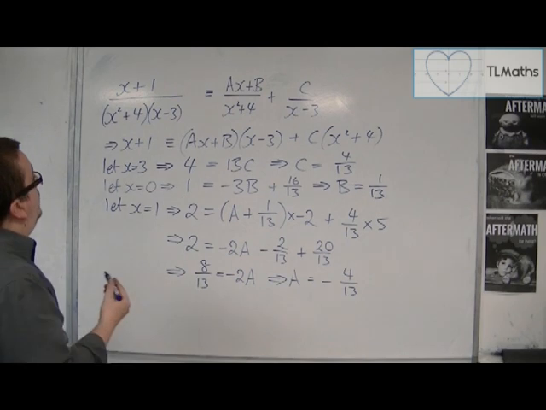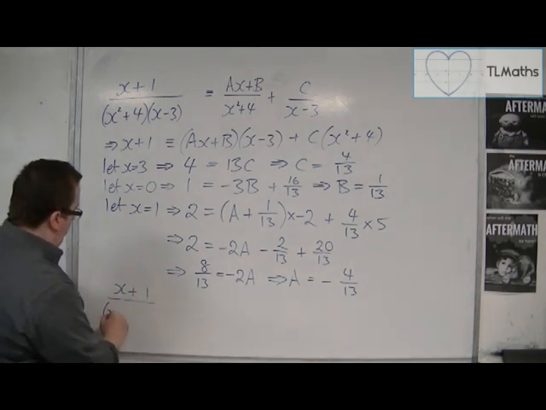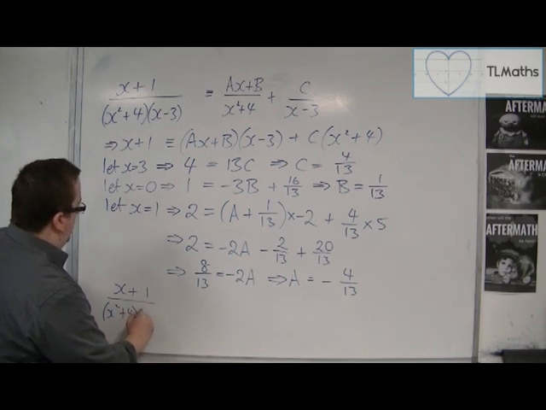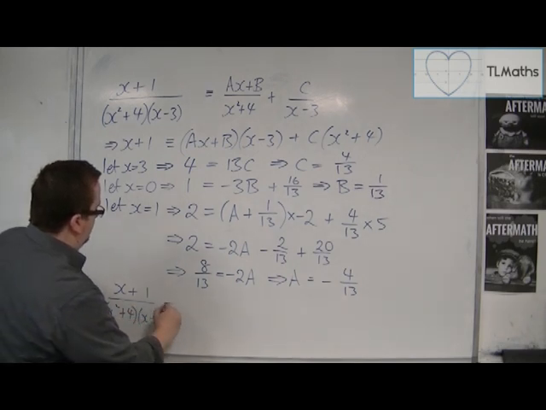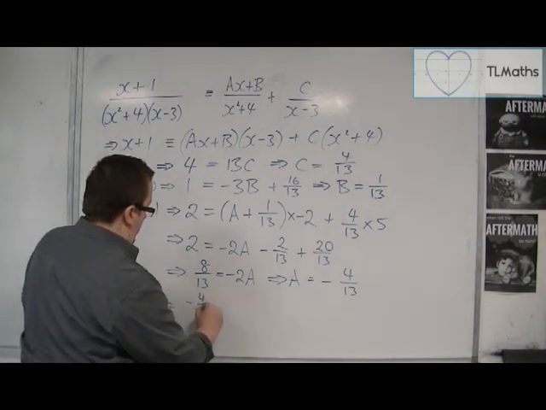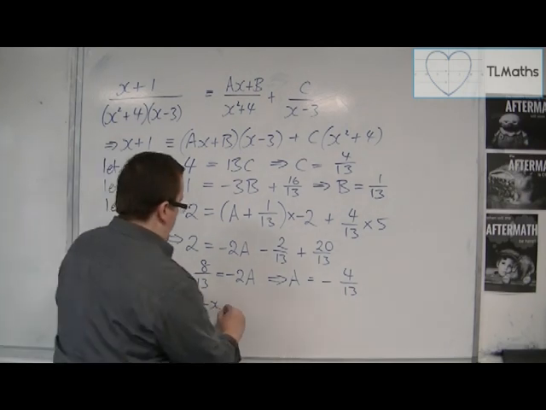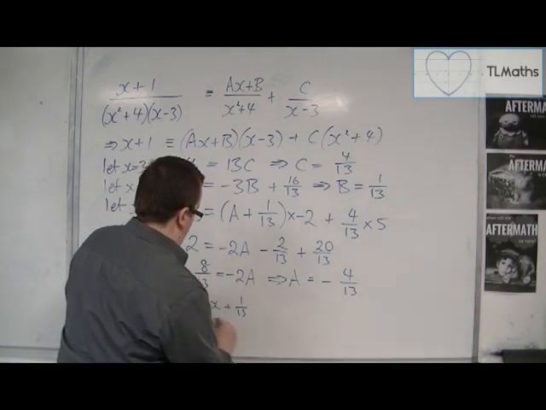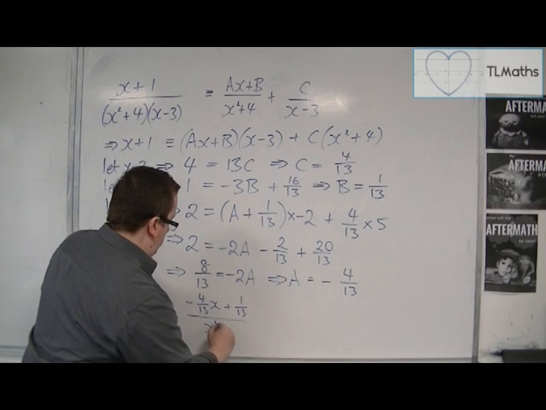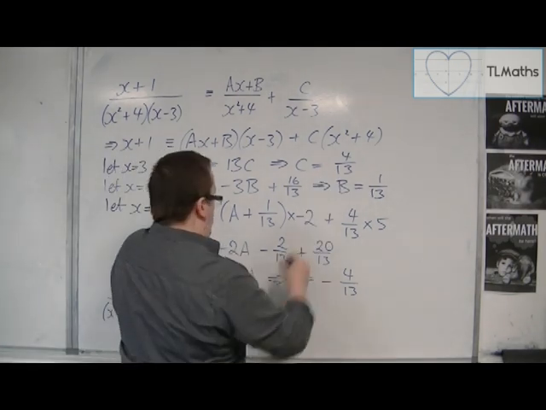And so now you can write (x + 1) over (x squared + 4)(x minus 3) as equivalent to (a x + b), so (minus 4 over 13)x plus 1 over 13, all over x squared + 4, plus c, which was 4 over 13,